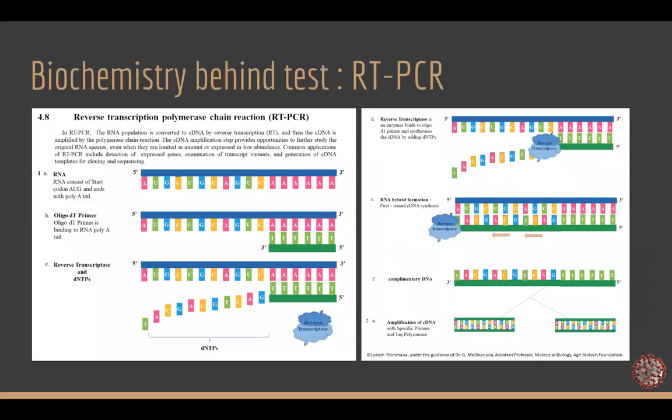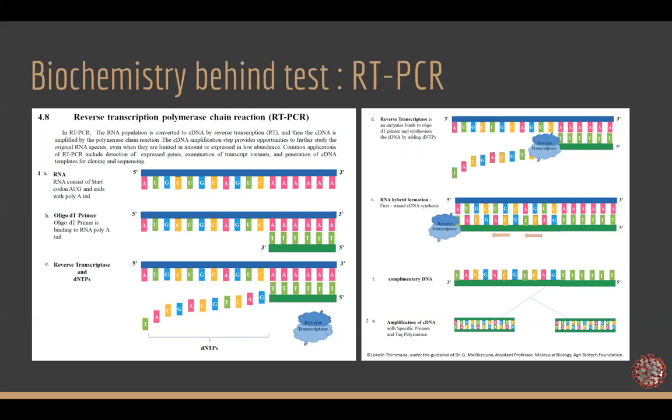So a little bit more about the RT-PCR reaction. For RT-PCR, you're going to start with the RNA template from your SARS-CoV-2, that's what you've isolated from the sample. This RNA strand has a poly A tail, and in order for transcription to begin, you need to add a primer. So we're going to add a poly T primer that will bind to the end of that poly A tail. Once the primer is bound, reverse transcriptase comes in to elongate this strand by adding